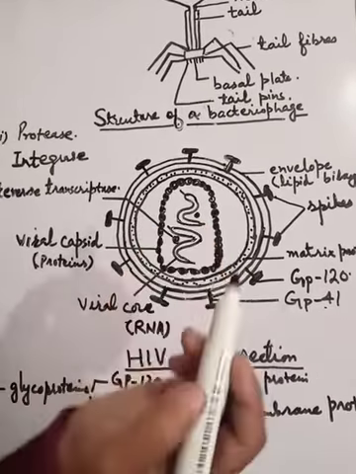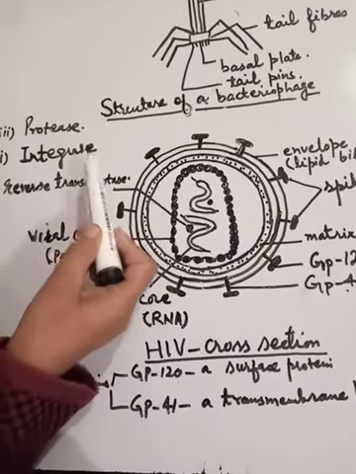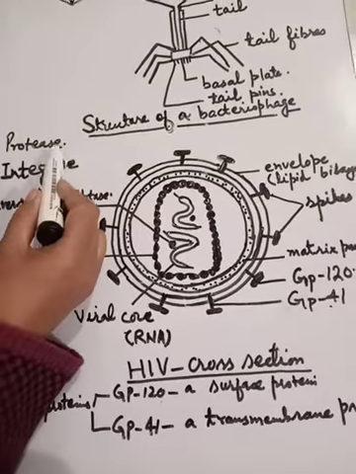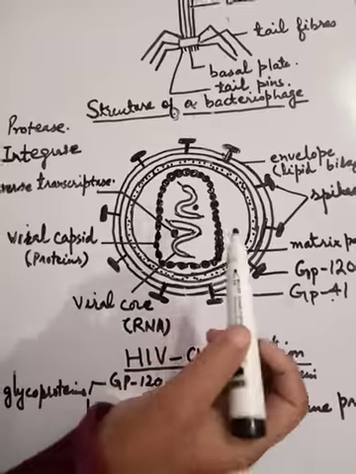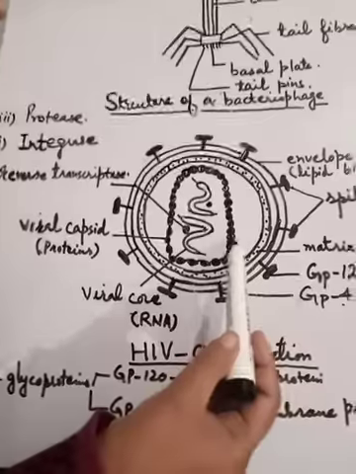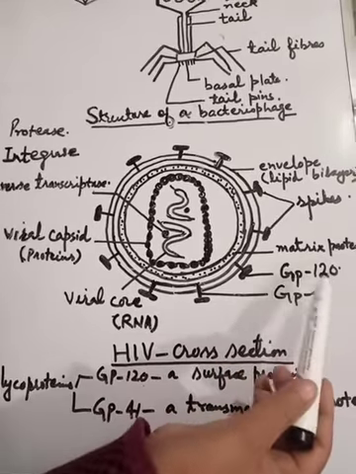Another enzyme is integrase. This enzyme that binds or attaches DNA of the HIV once it is formed into that of the host DNA. That's why it is called as what? Integrase, because it is involved in integration. Third enzyme is called as protease. Protease enzyme that breaks different proteins into smaller fragments, and these proteins of the viruses which are like GP proteins,